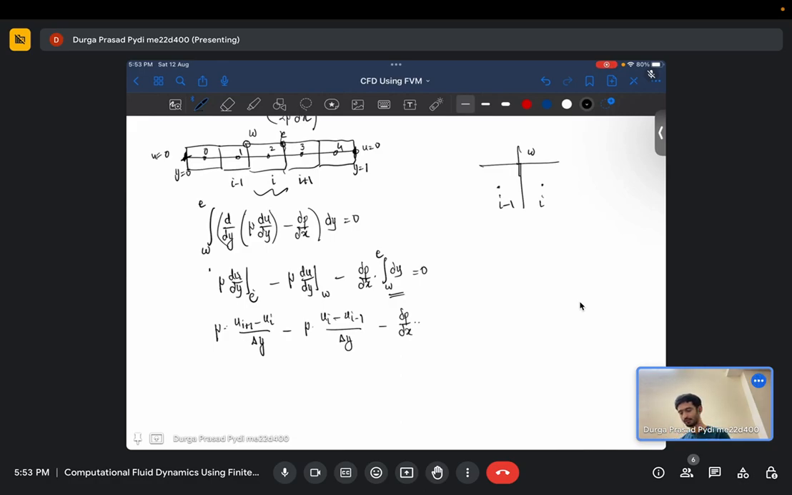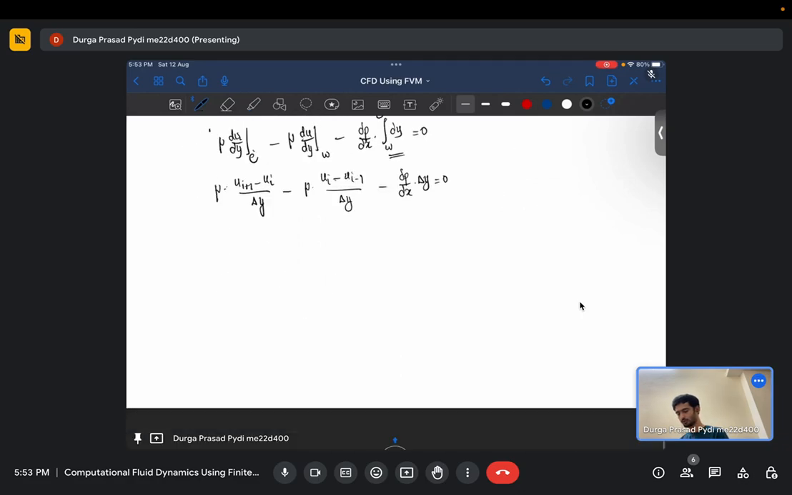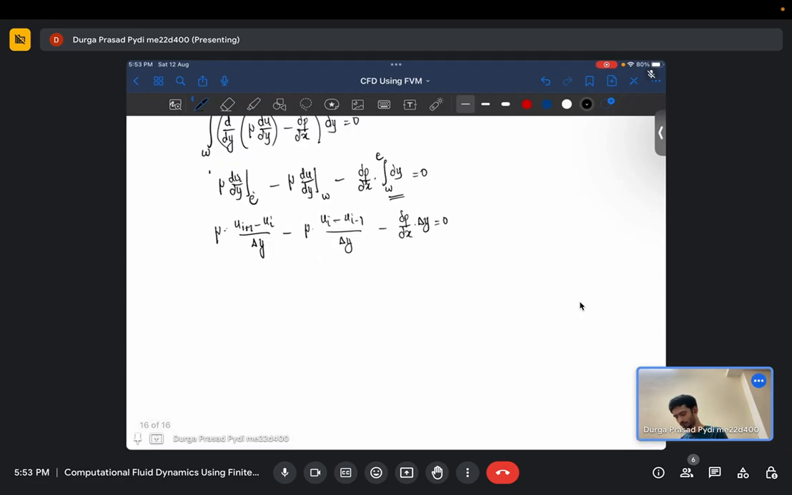So that is delta y equals 0. If I just group terms together and take my ui to the other side, I'll be left with 2 mu by delta y ui equals mu by delta y ui plus 1 plus mu by delta y ui minus 1 minus dp dx delta y. Maybe I can simply write it as ui equals ui plus 1 plus ui minus 1 plus minus